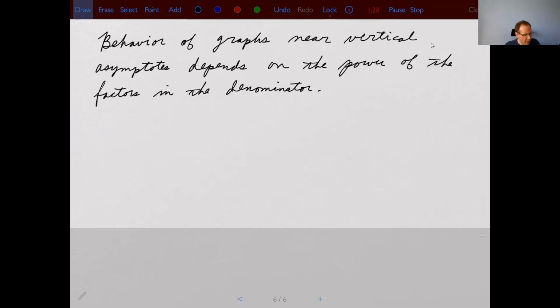So if the factor is raised to the 1 power, so if it's basically, I'll write it this way, x minus something to the 1 power, then the graph will look similar